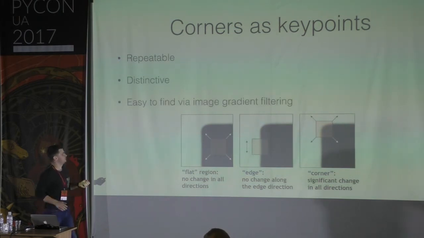And corners are easy to find computationally. So there's a thing called the Hessian detector, which takes second derivatives over the image. So we were using first derivatives. Here it gets worse. It's second derivatives. We build the matrix, and then we calculate its determinant. And that's it. The stronger the determinant for some pixel, the higher the probability that there's a corner there. So this way we can find corners in the image fast, easy, and reliable.